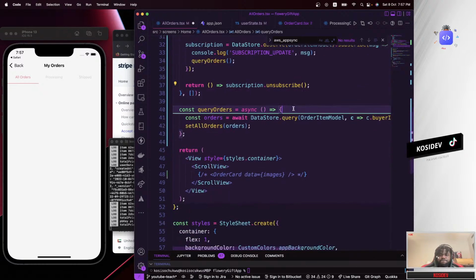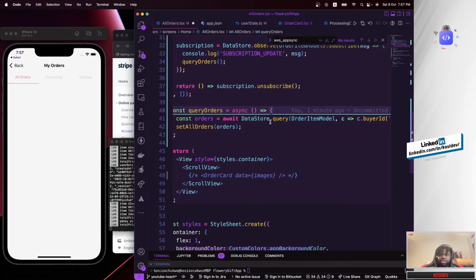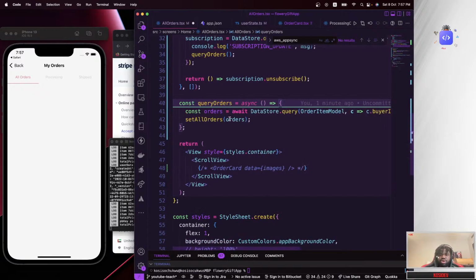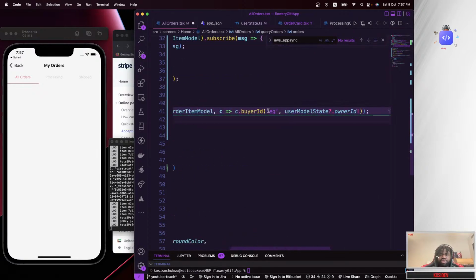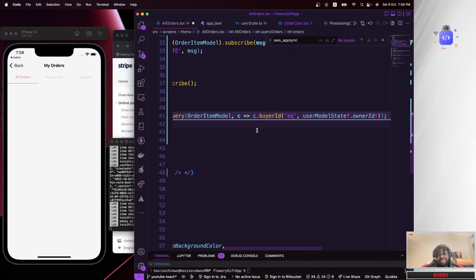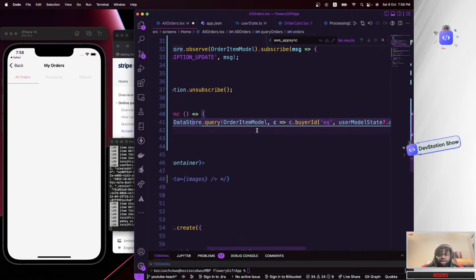And query orders, you could already determine what I'm doing. We're getting access to all the orders in our local data store, which is using async storage, I'm fairly sure.